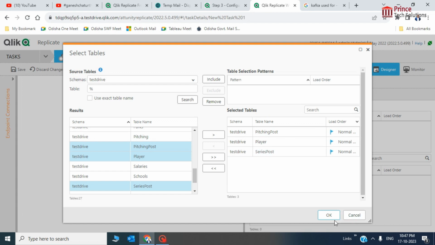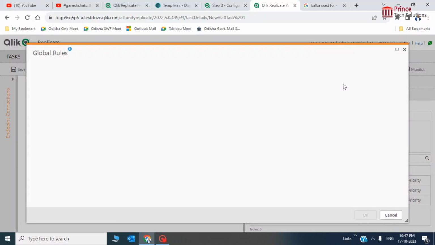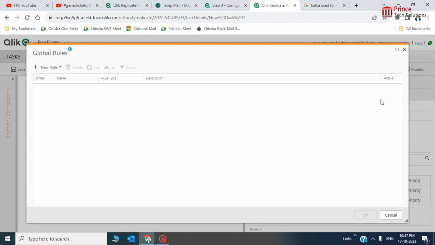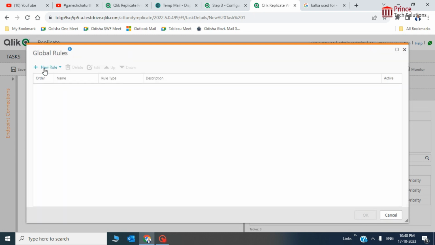So tables are added. Now it's time to create some global rules. So click on this button to add some global rules. You can create a new rule, transformation. I simply have to choose rename schema in this transformation list. You just have to create a new rule first, transformation. Okay, rename schema,